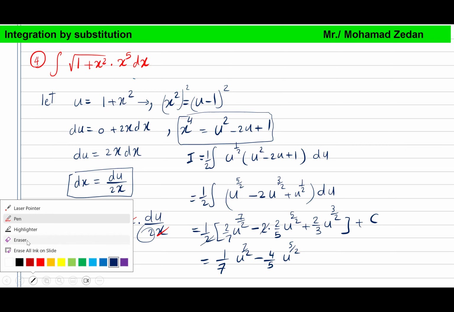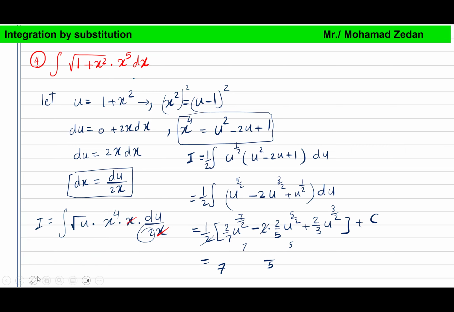To make it easier for you, I can just leave the half outside and simplify inside first. Writing the half again: 2 over 7 u power 7 over 2 minus 4 over 5 u power 5 halves plus 2/3 u power 3 halves plus c. So the final answer is, by multiplying the half inside, I have now 1 over 7 u power 7 halves